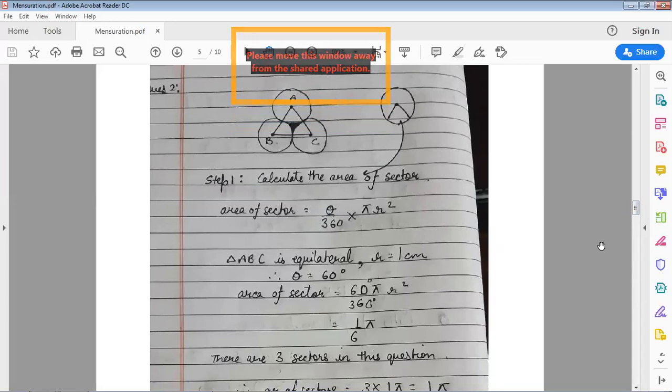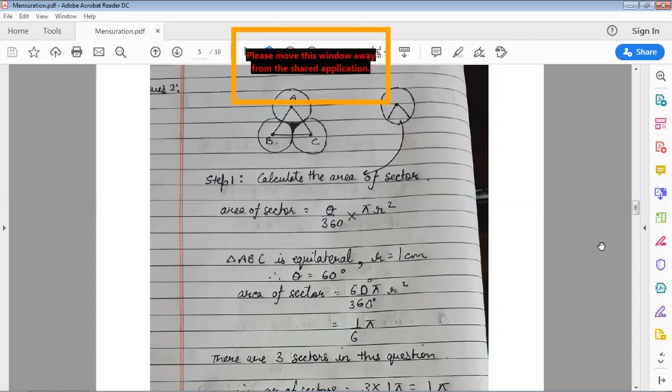So we can calculate the area of the sector, but most of you would be thinking, what are the angles of the triangle? That is also easy. Triangle ABC is equilateral. How can I say so? I can say so because the radii of the circles are equal, and every radius is 1 centimeter. So AB has length 2 centimeter, AC has length 2 centimeter, BC has length 2 centimeter. Therefore, the triangle is equilateral.